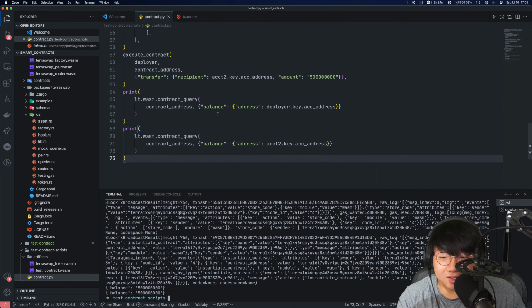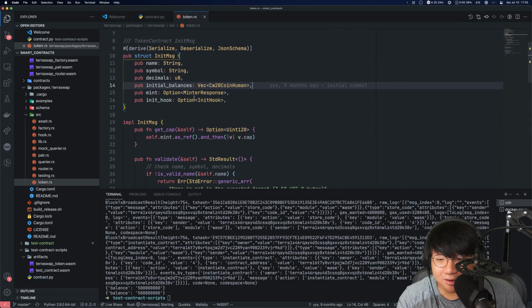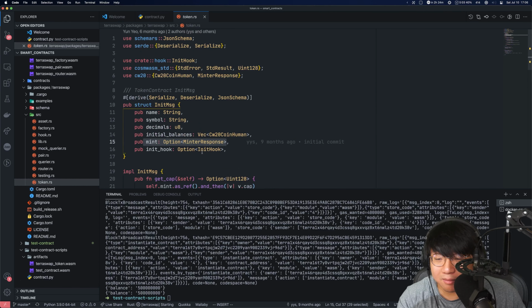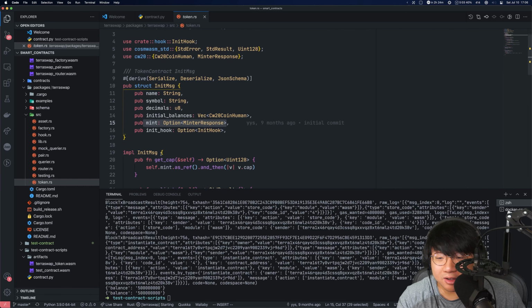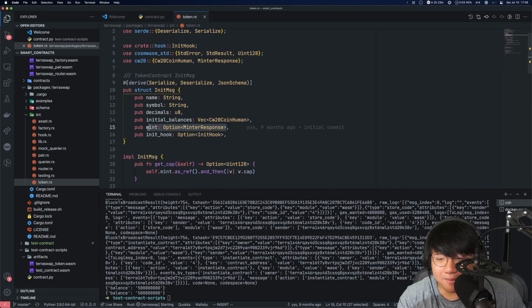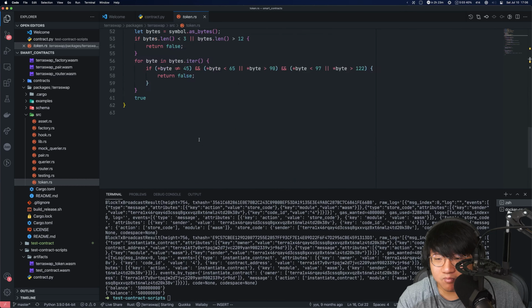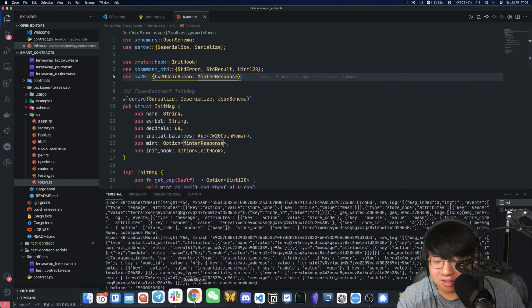All right, now let's talk about how to mint, because we have this token, but how can we issue a mint operation? So we basically allow a minter using this minter response. Not sure what the minter response looks like.